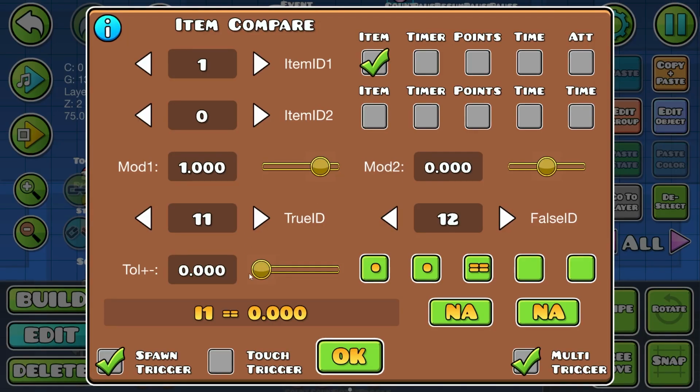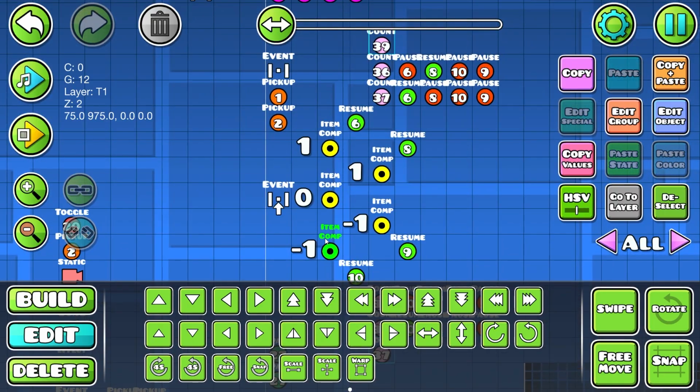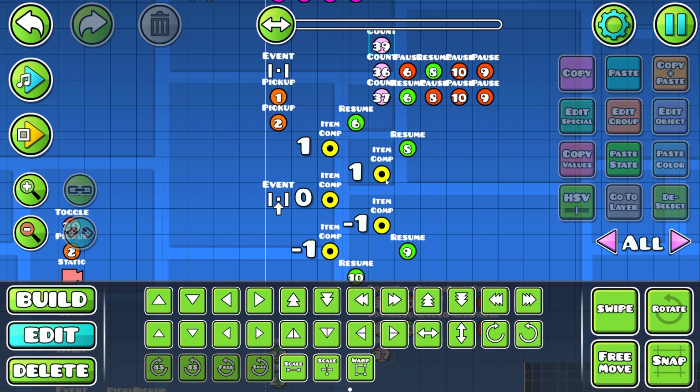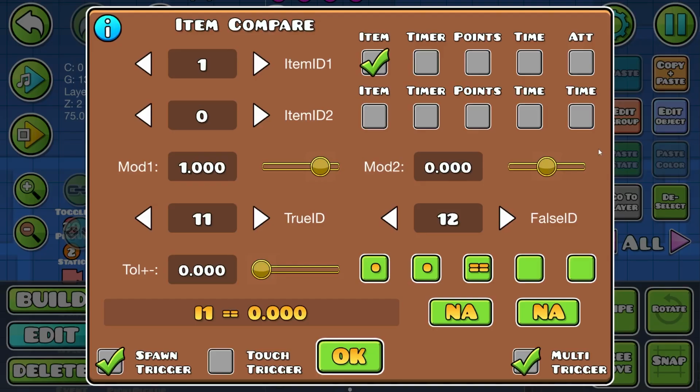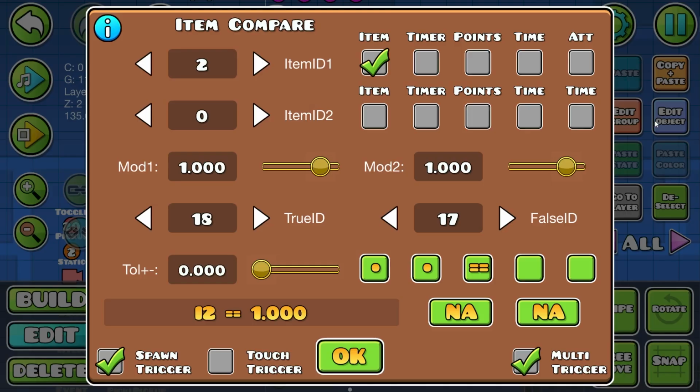No, it's not. Well, is it 0 then? Yeah, it is 0. And if it wasn't 0, we would check one more time if it is -1, because like I said, those are the only 3 options that it could be. So is it 1? We said no. Is it 0? Yes, indeed. So this time we're going to have to go to 11. 11 is this one, which basically checks